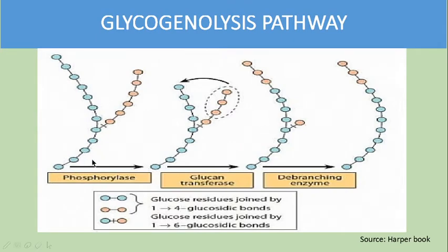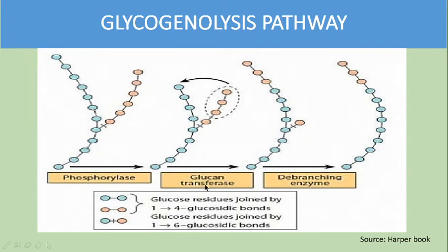So this is the action done by phosphorylase. Phosphorylase's role is to cleave one by one from both the branches. It will cleave all the glucose residues by phosphorylating the glucose, in the form of glucose 1-phosphate. It will leave 4 glucose residues nearer to the branch point, and after that it cannot have its role because the branch point is there.